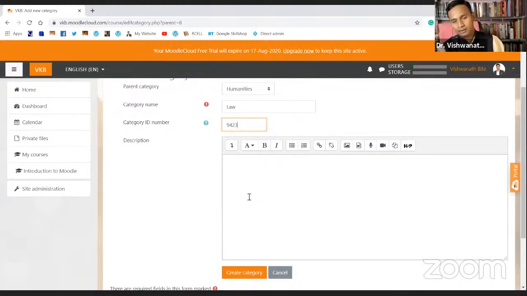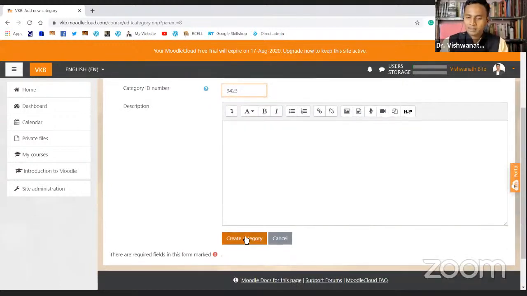You can have a strategy that all the numbers in the arts category will start with 100, 101, 102. All the categories in the science department will start with 200, 201, 203, 204, like that. You can have a kind of strategy for that, and just click on create category.